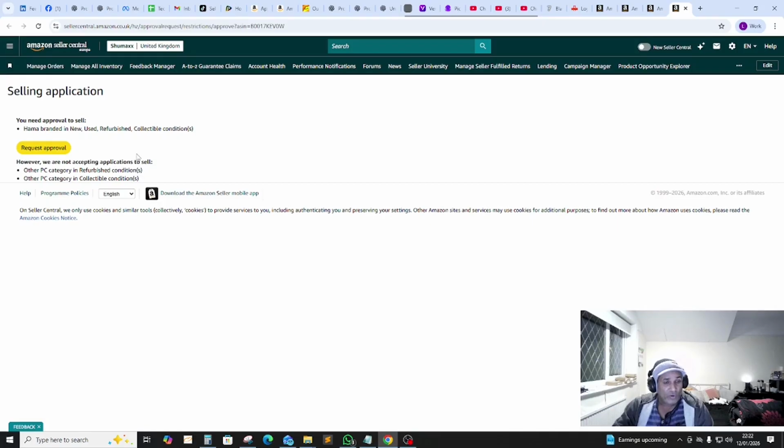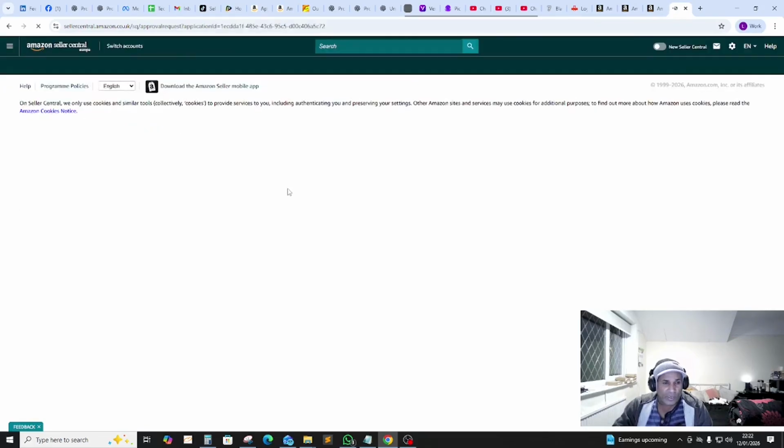Whenever you apply for any kind of approval, you will see this generic message anyway. So ignore that message and just click on request approval to see what kind of documents or information Amazon is going to ask us to supply before we are granted this approval. Okay, let's click here and we go on to the next page.